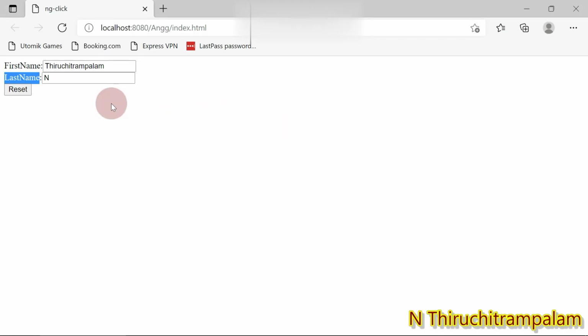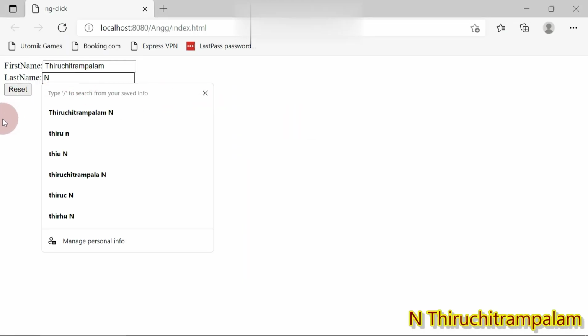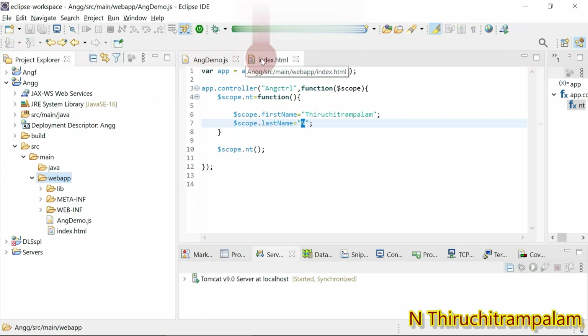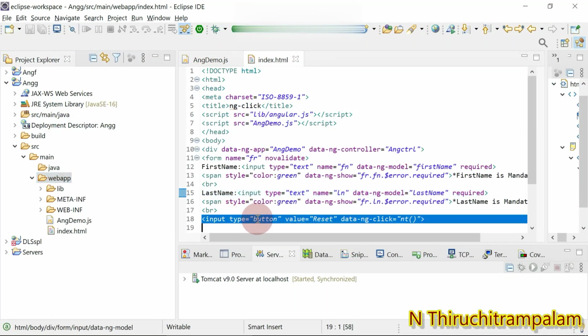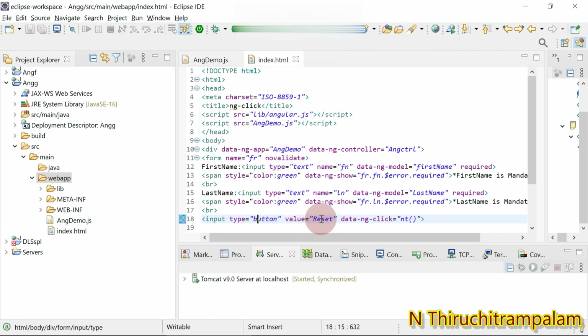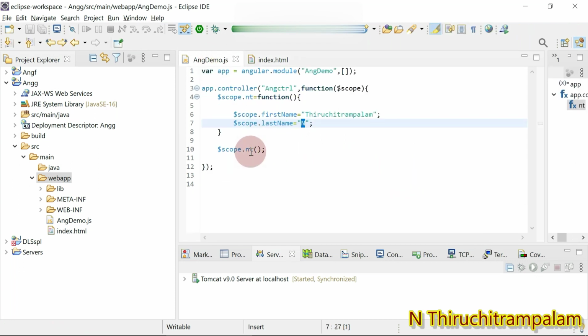That's the reason you can see n value, right? And then you can see we have created a button using the input element, and here we have given the value reset, and this button in turn calls the nt function,